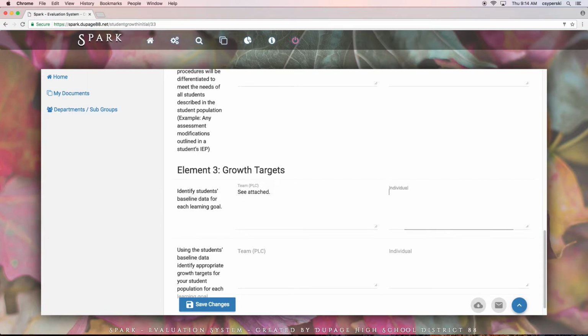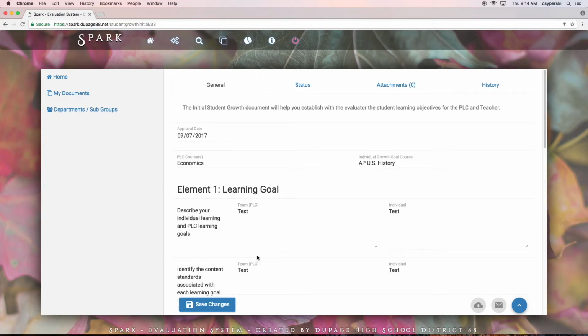Now, when I get to my growth targets portion, most of us use some sort of charts to track our student growth targets. So you can just put "see attached" in the boxes here, because we have the ability to upload charts and graphs